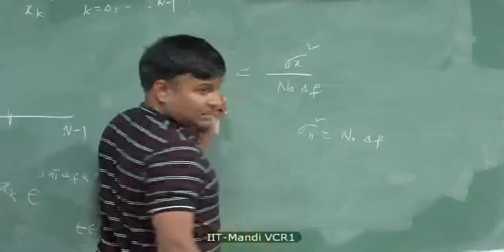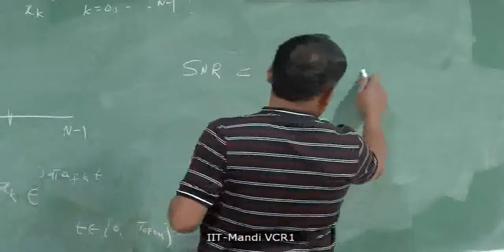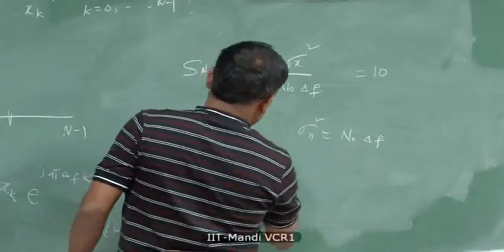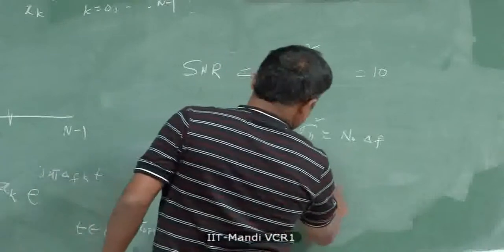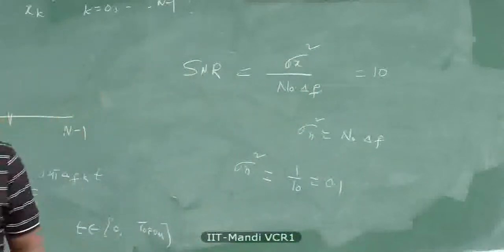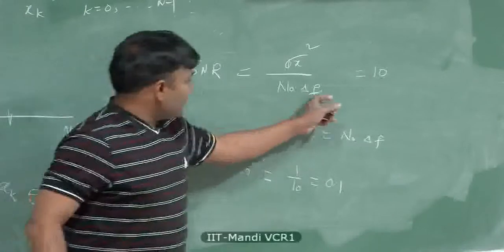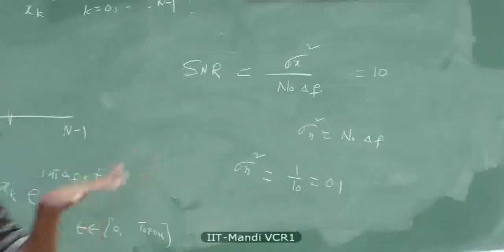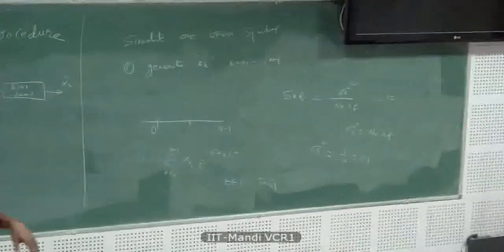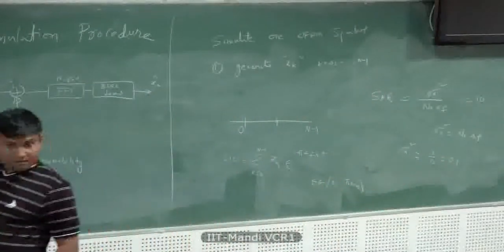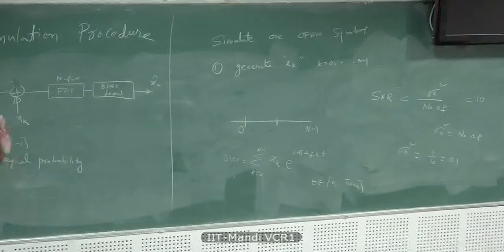Once you specify an SNR of, let's say, 10, we choose the signal power to be 1, and sigma n square will be 1 over 10, that is equal to 0.1. So that is the variance of the thermal noise. We don't have to worry about the value of delta f and N0. We'll assume the signal power is normalized to unit power, and the noise variance will have so much power, since SNR is specified. So things like bandwidth don't come into the picture here.